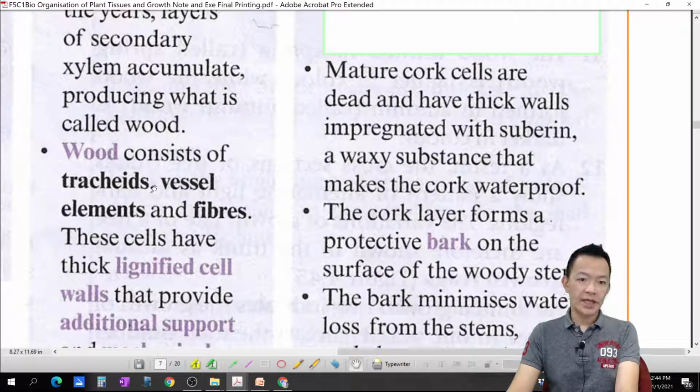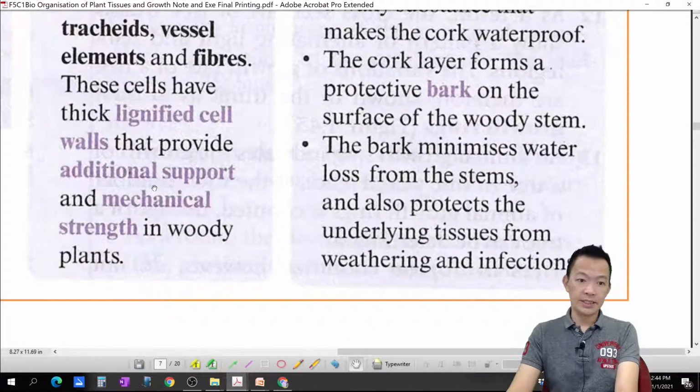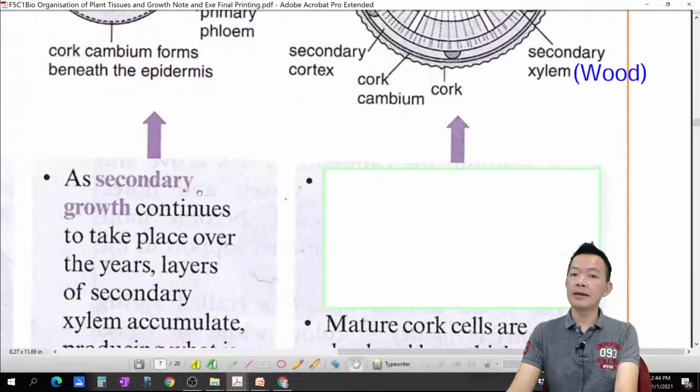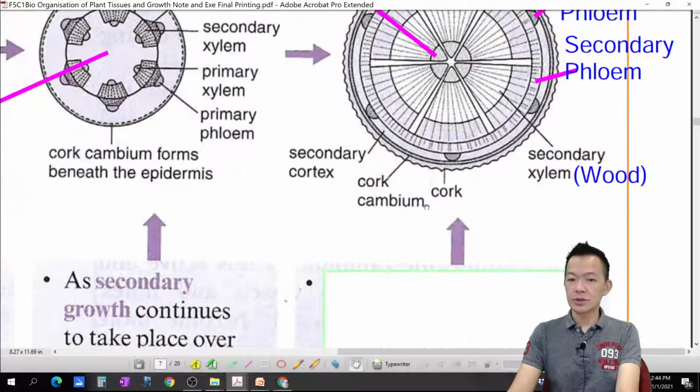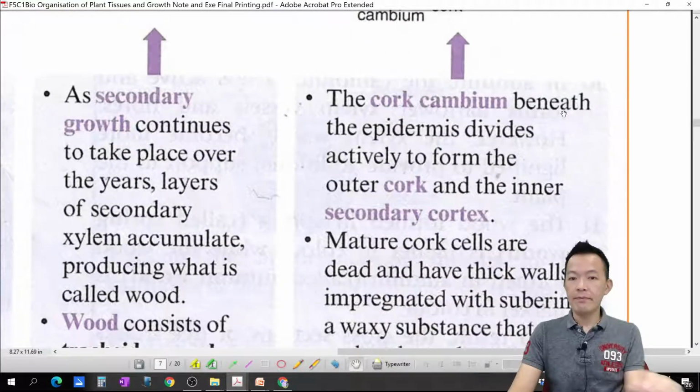What is wood? 不要管它先，暂时 wood 不在我们的 syllabus。OK, for what? For support 啦。